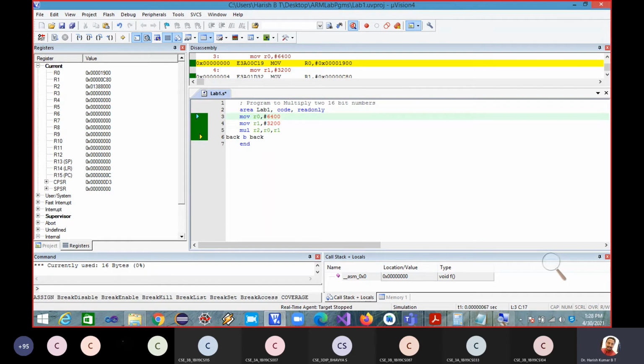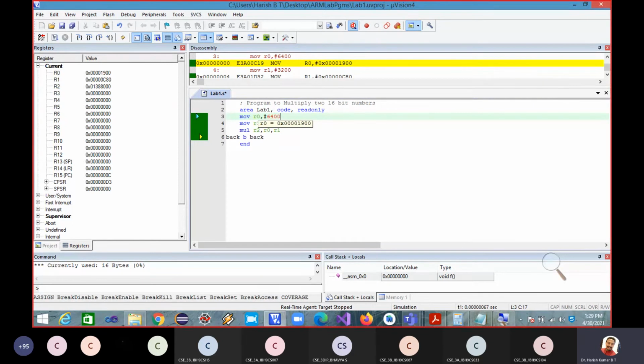What shall I take? I have one slide in my module 2 PPTs. Right now, keep in mind that all the numbers cannot be moved directly to the register. There is a restriction again. Only those numbers which can be represented by using a 1-bit circular left shift and some operation can be directly moved to the register. The numbers which cannot be represented in that format,